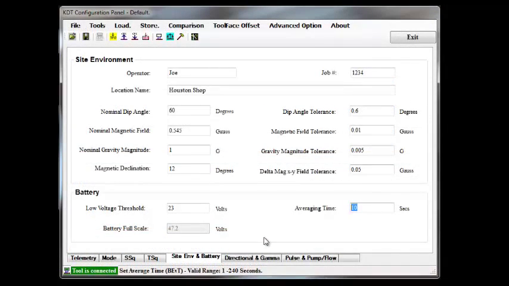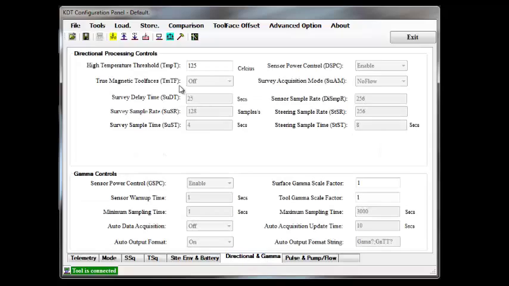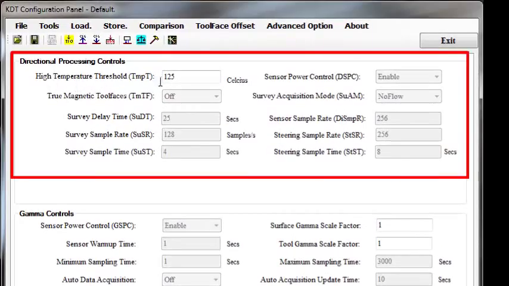Next, click the Directional and Gamma tab. Note that most items in this tab are grayed out. Verify the following settings: high temperature threshold 125 degrees Celsius, true magnetic tool face set to off, survey delay time set to 30 seconds, survey sampling rate 128, and survey sampling time 4 seconds. Sensor power control enable. Survey acquisition mode no flow, sensor sampling rate 256, steering sampling rate 256, and steering sampling